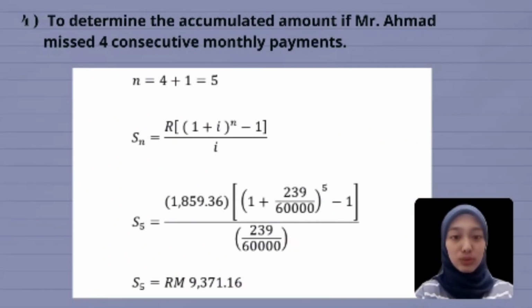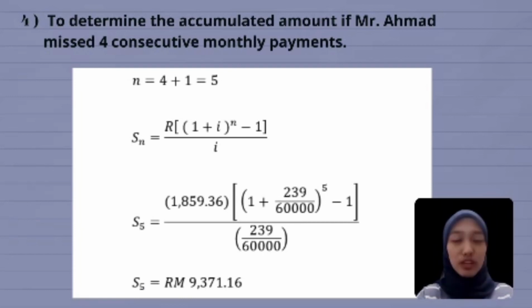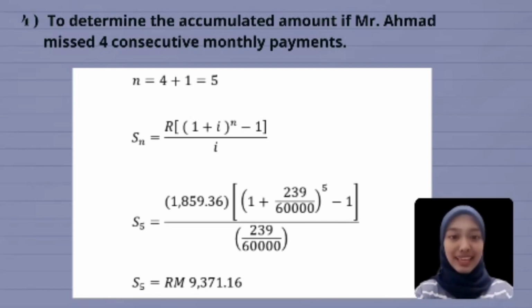The last question is to determine the accumulated amount if Mr. Ahmad missed 4 consecutive monthly payments. The number of interest periods is 4 plus 1, and the answer is 5. The formula is S_n equals R multiplied by [(1 + i) to the power of n minus 1] divided by i. So S5 equals 1,859 ringgit 36 cents multiplied by [(1 + 239/60,000) to the power of 5 minus 1] divided by 239/60,000, and the answer is